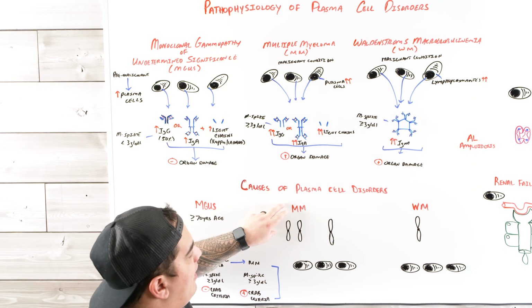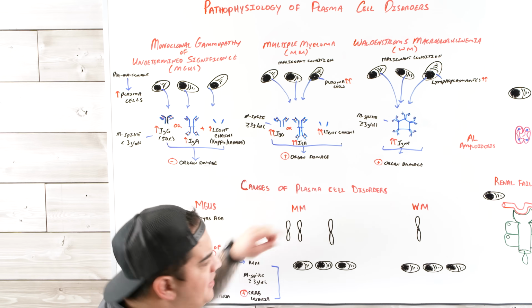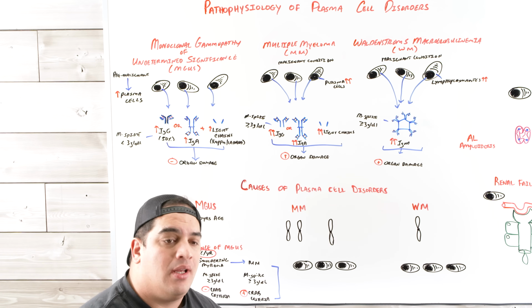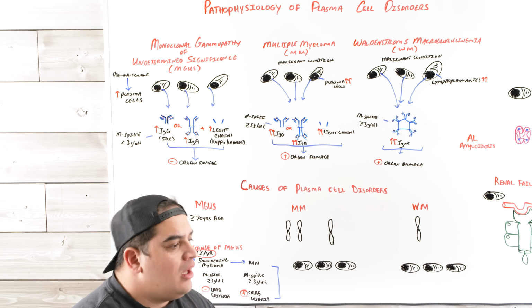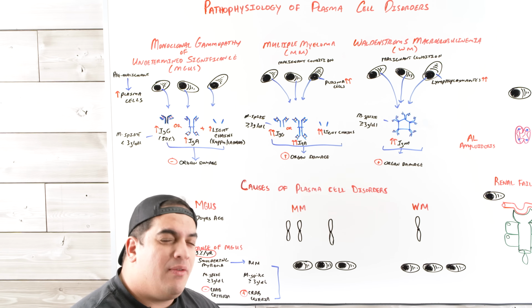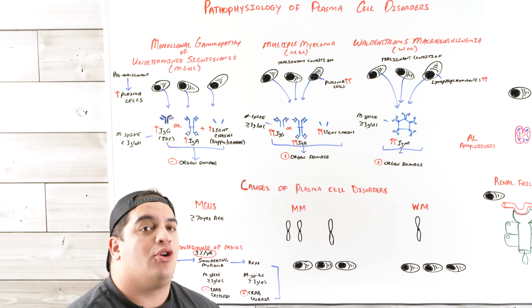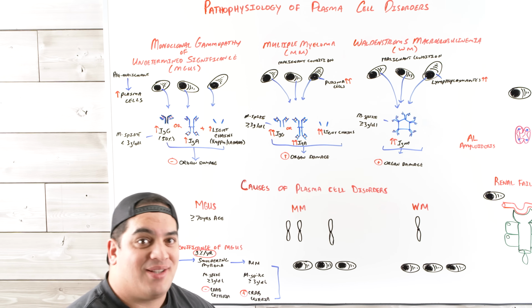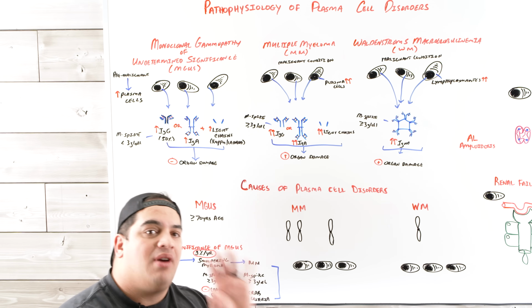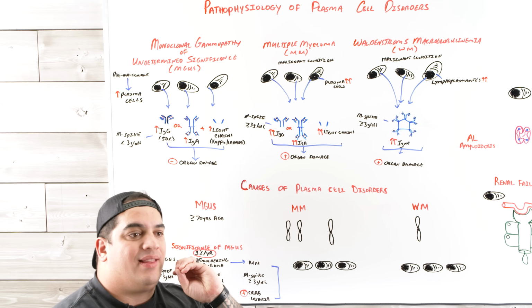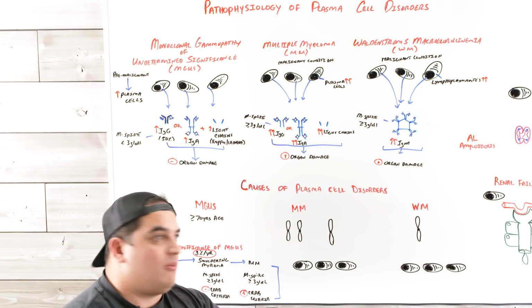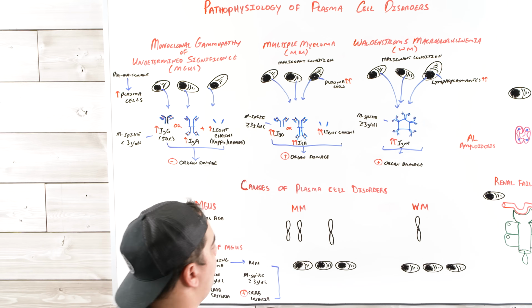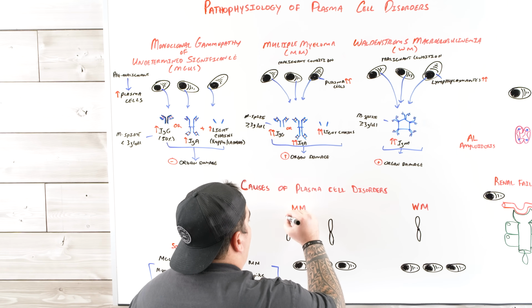So when we talk about multiple myeloma, what really happens here is we actually don't have good reasons as to why this condition occurs. There could be a lot of different factors, but what we've seen is it could be due to chromosomal translocations. And there's a lot of them, and I don't want you to stress about them. I want you to know the most common one that's associated with the standard risk of multiple myeloma. And you'll see why I'm telling you that. And it's usually the 11-14